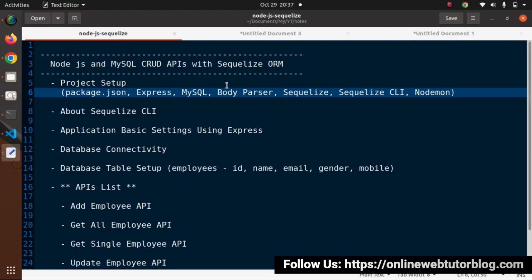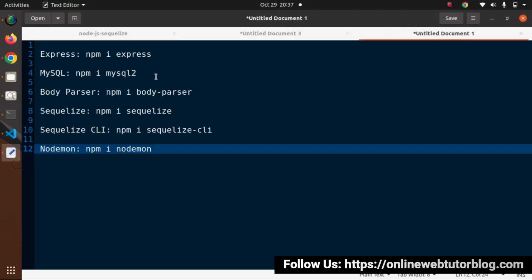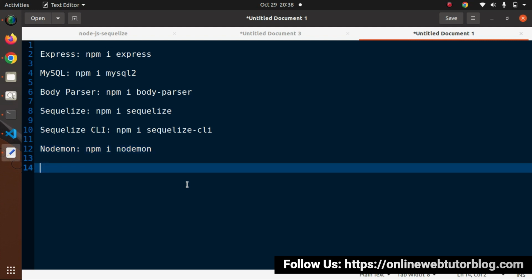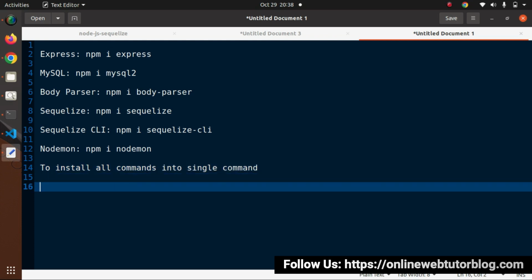So if we want to install all these packages to our project setup, we need to execute each command one by one in our project terminal. But I'm not interested in executing all these commands step by step. Instead, I want to run all these commands as a single line command, and install all these packages with a single command. So what we can do here is simple, we need to use npm